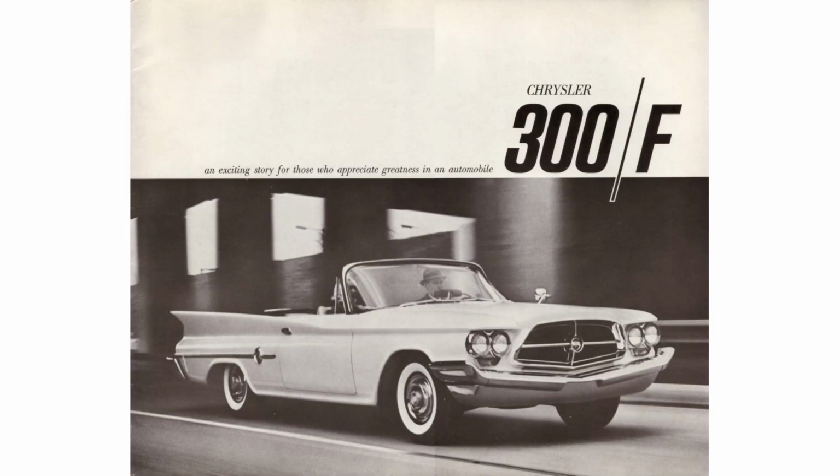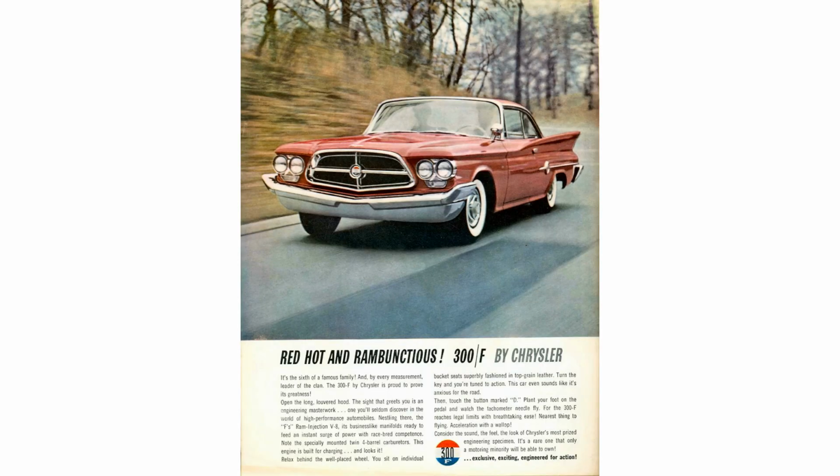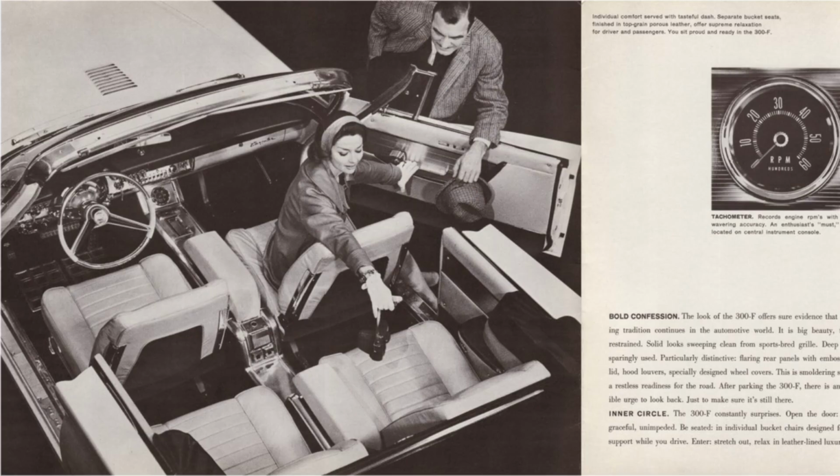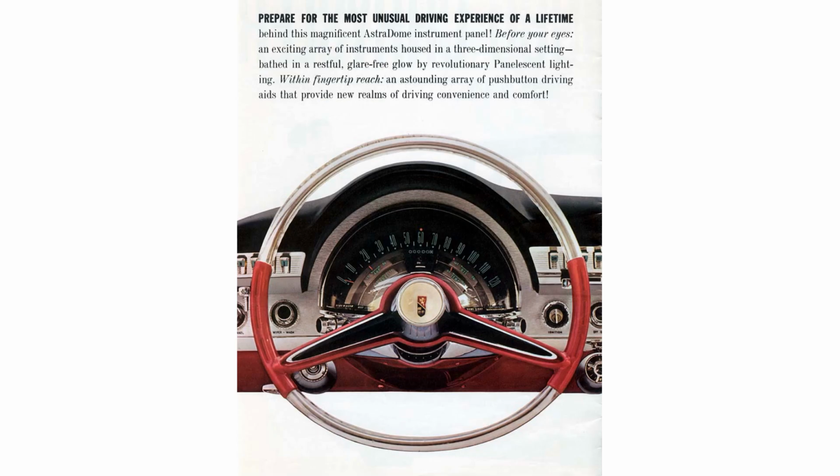The 1960 300, now designated the 300F, was dramatically revised. It moved to a unibody platform with sharper styling and outward-tilting fins and a new corporate grille. Inside, the car now had 4 bucket seats divided by a full-length console from dash to the rear seat, and the front seats swiveled. They also heavily revised the dash with the Astrodome instrument cluster positioning the gauges in 3